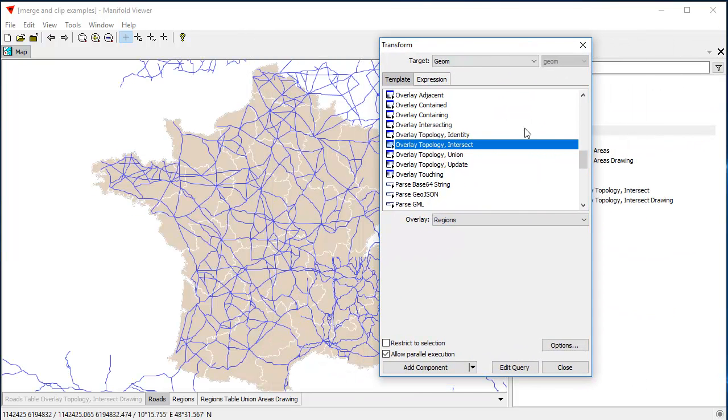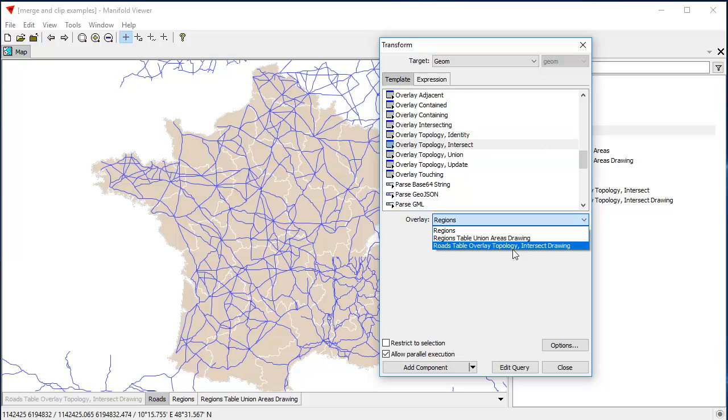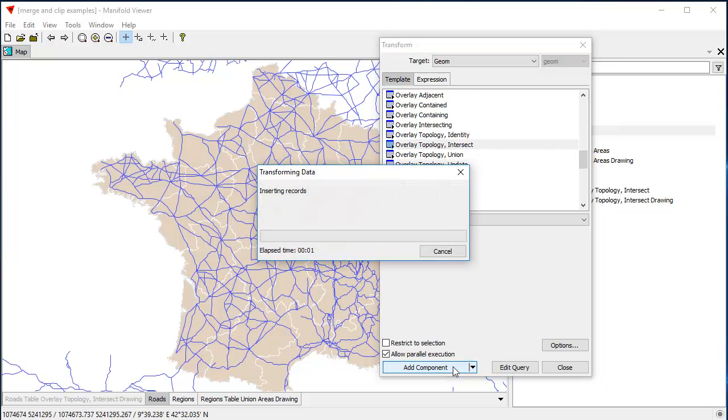Here in this overlay, instead of the regions table union table area drawing that we used earlier, which was all of France, we're just going to use the regions drawing, which means we're going to use each of these individual regional areas as a cookie cutter to cut out from the roads just that one spot. Great. So now let's click Add Component,